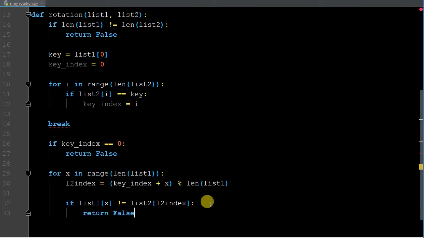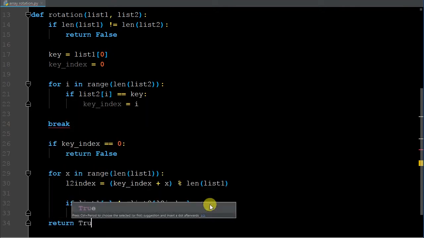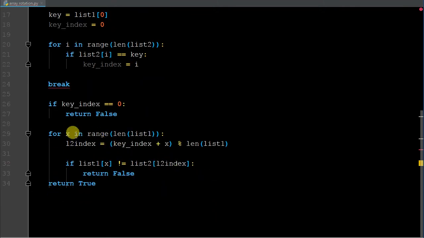We want to return false, all right? But otherwise, we want to return true if this first line of code here is going to hold, right? So why do I have